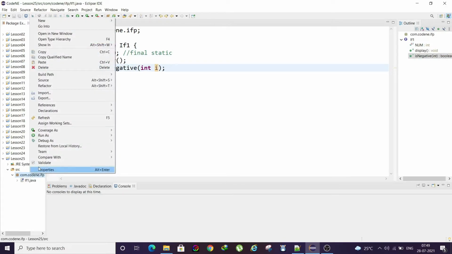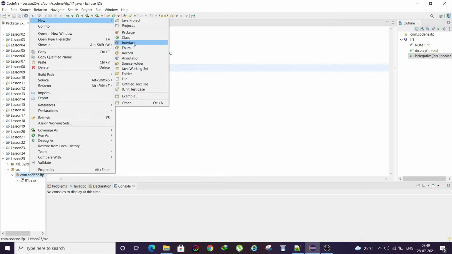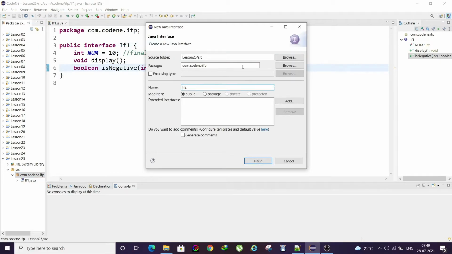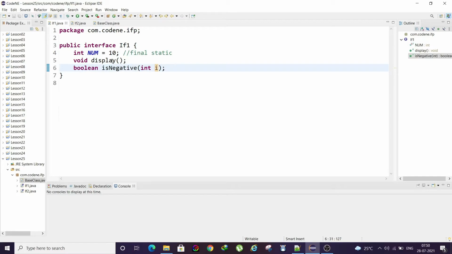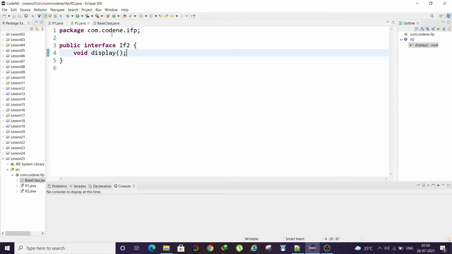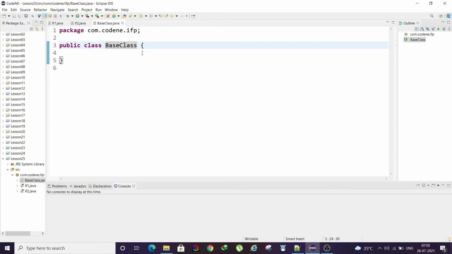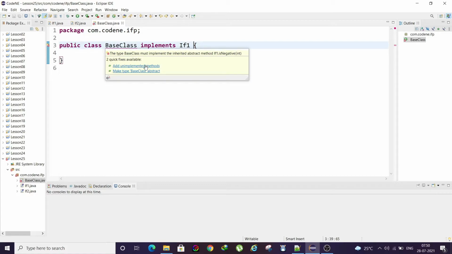Okay, so let's create another interface. Let's name it if2. Click on finish. I quickly created this interface if2, and inside I have declared one method. It does not have a body and it is the same method as in if1. Then I will have a base class. Here I will write implements if1. Immediately you see an error is thrown that says add unimplemented methods.